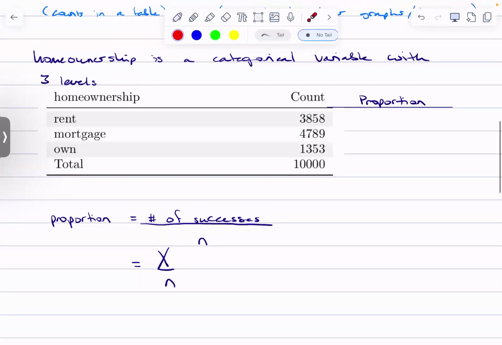So if I'm talking about the proportion of people who rent, then it would be 3,858 divided by n, which is 10,000. The total is your sample size, right? Everyone fits into one of these categories, which is what we're talking about. And so the proportion here is going to be 0.3858,